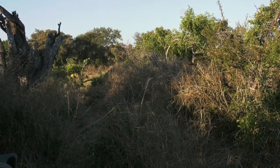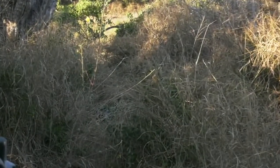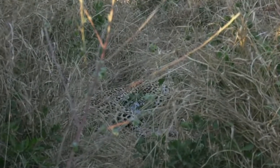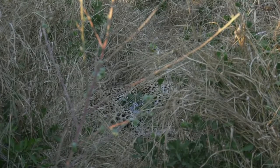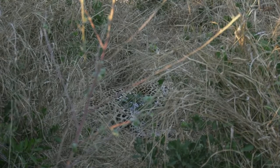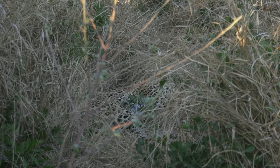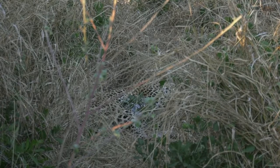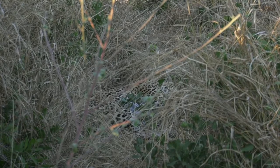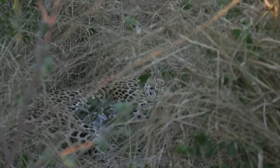So we're still in the eastern part of the reserve, and within this area there's a female leopard who frequents and has made this her territory, and it's a territory that she basically inherited from her mother. And so this is a female called the Inyala female, who a few viewers might be familiar with. She has been around for the last little bit. I think I put my head in the leaves. And so she has got a cub somewhere. We haven't seen it. So I think she might have left it somewhere in the last...